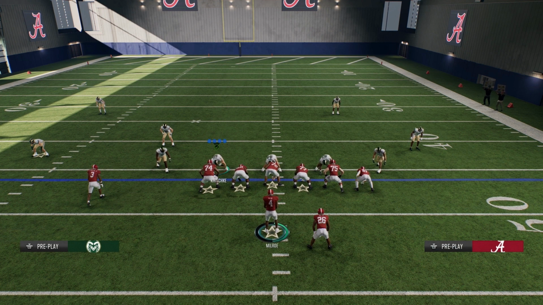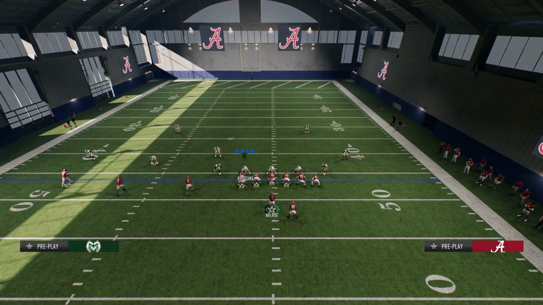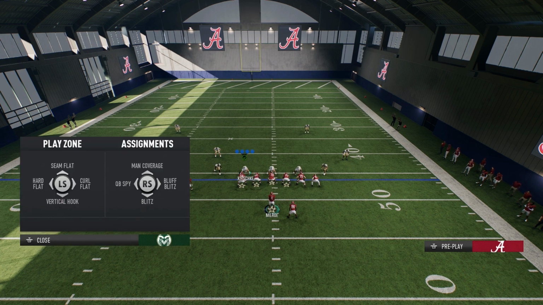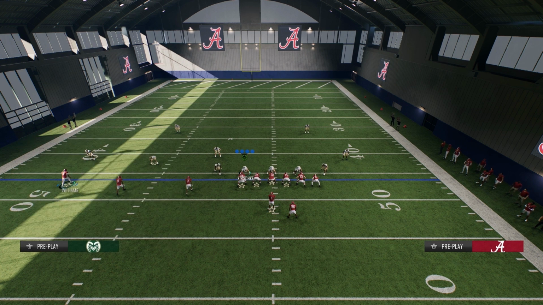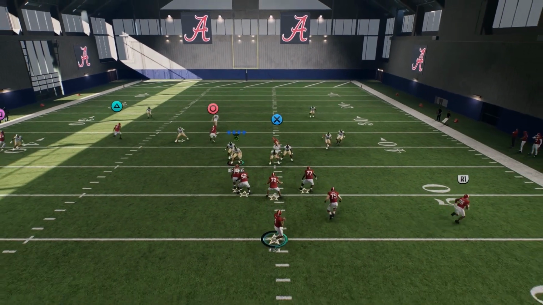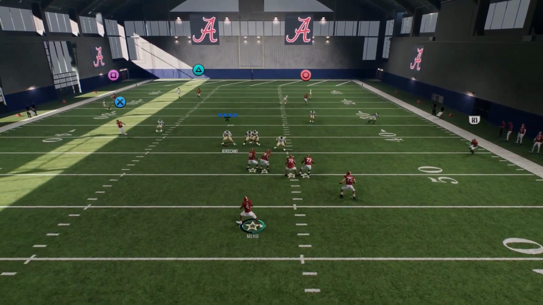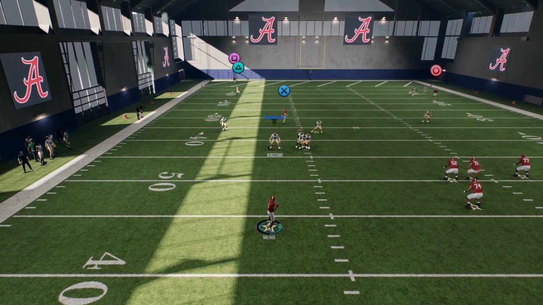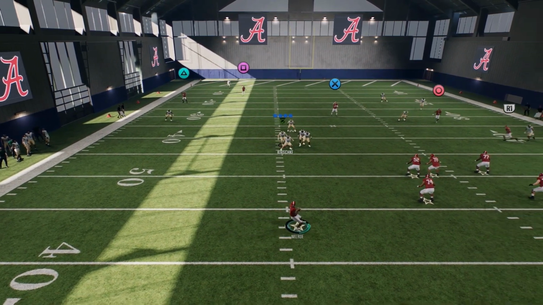Another pro tip is, I'm pretty sure, let me see. So on defense, if you want to send in somebody that's not blitzing the quarterback, you click your right stick in. So say, for example, I'm running out here. You see they're not going to come get me. They're just going to stand there and watch me. And I got all day to just...